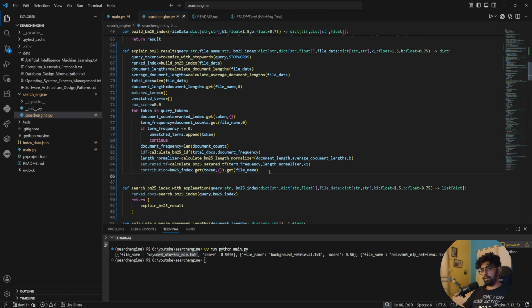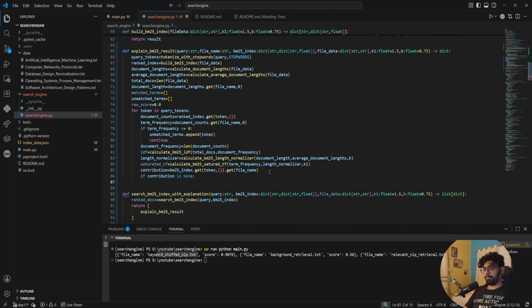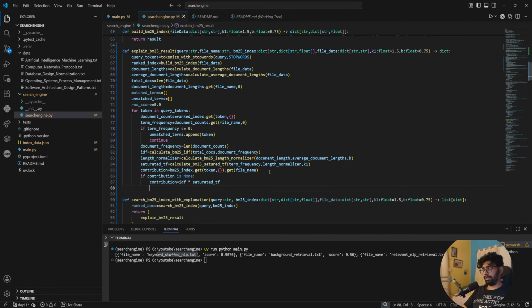Okay, let's take a pause for a moment. So if contribution is none, if the contribution from these terms is none, so it is basically contribution equal to IDF into saturated TF. And now we can do the raw score. So raw score for all of this will be just contribution,